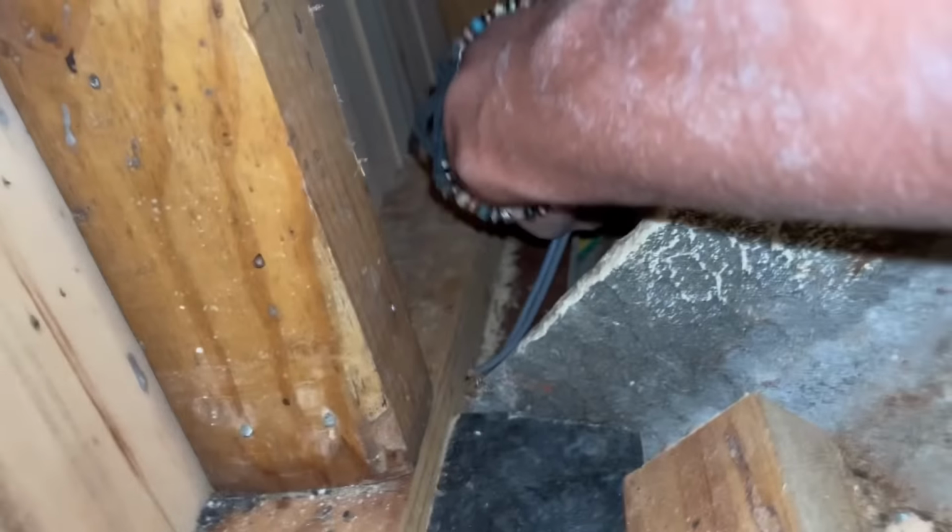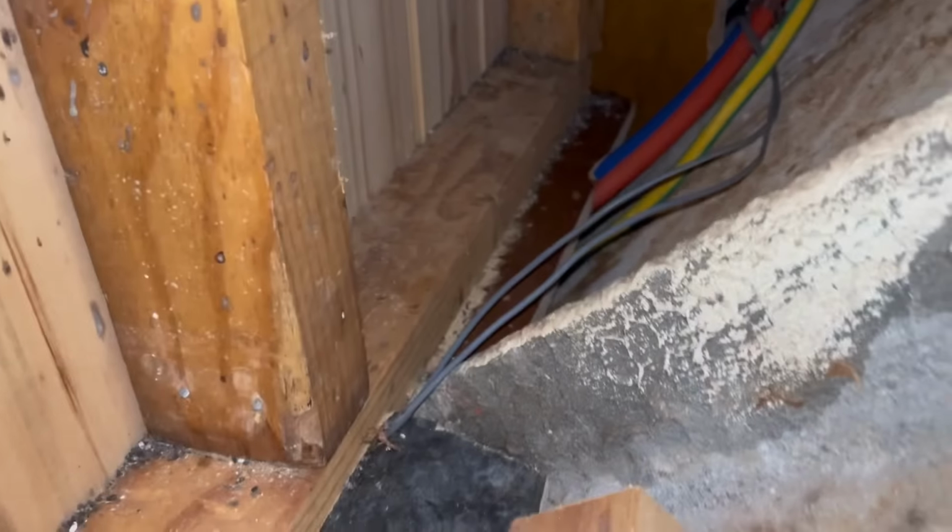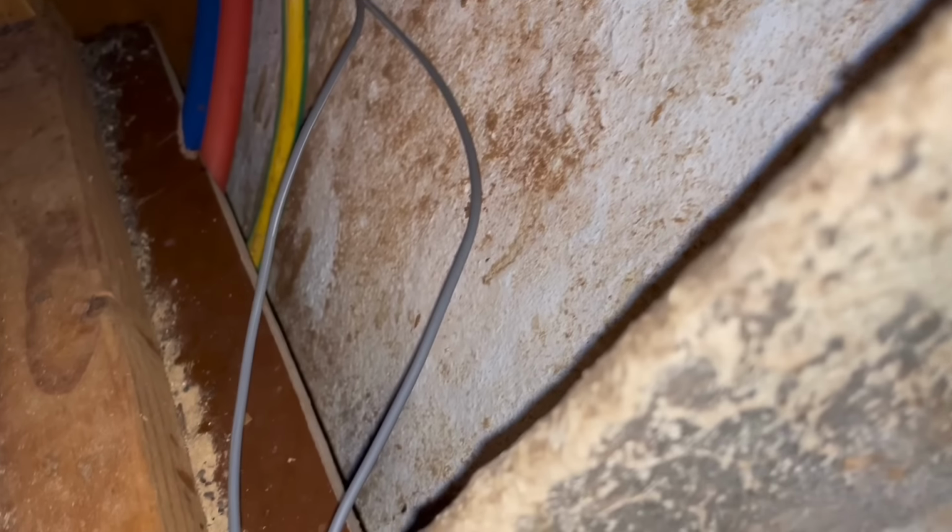Oh, wait, no, that's the wrong end. Bloody hell. I'm just going to try and stick my hand down there. It's such an awkward position. I've got to get it in there, down there, and see if I can feel around and grab that grey wire in there. Just gave myself a bloody arm cramp. Bloody hell, I'm not flexible enough for this, but...